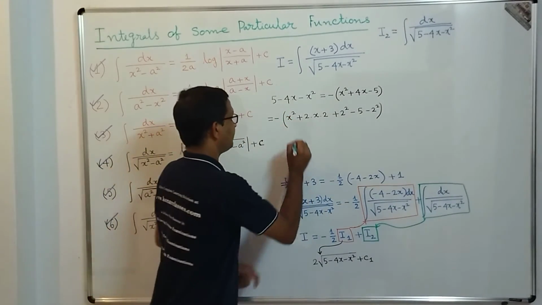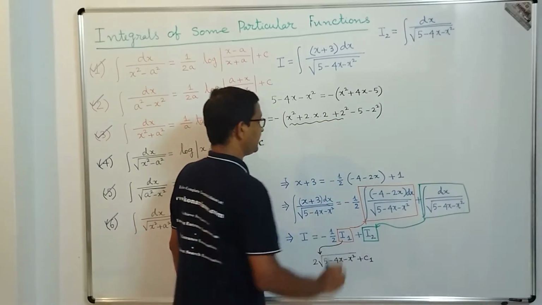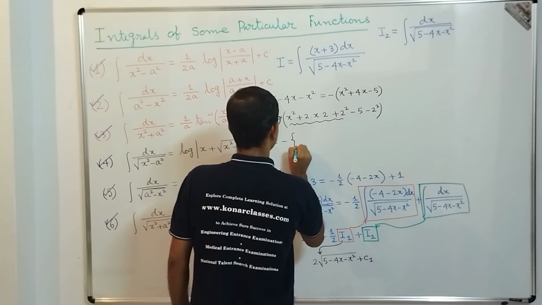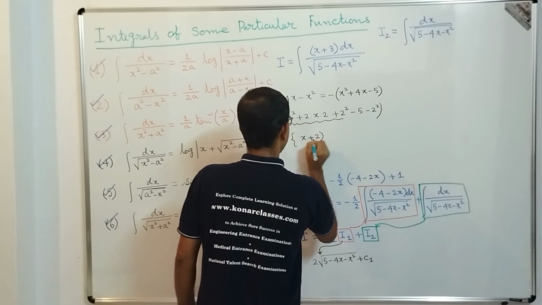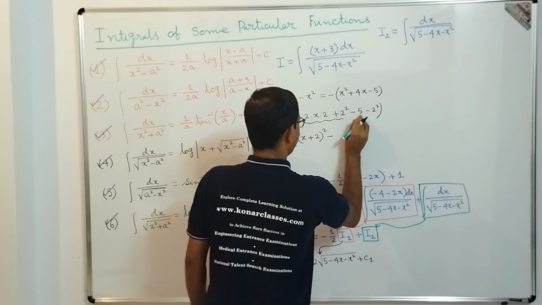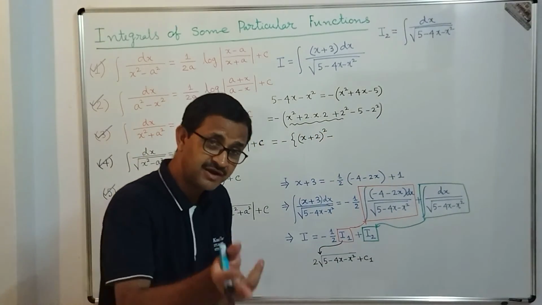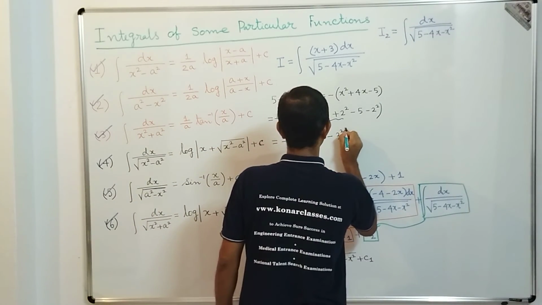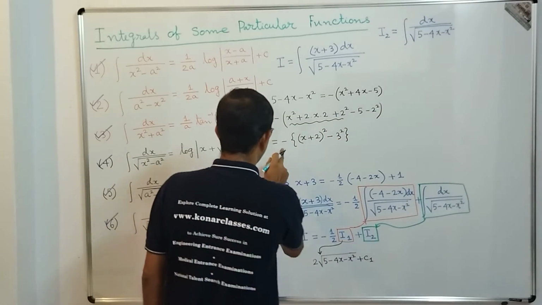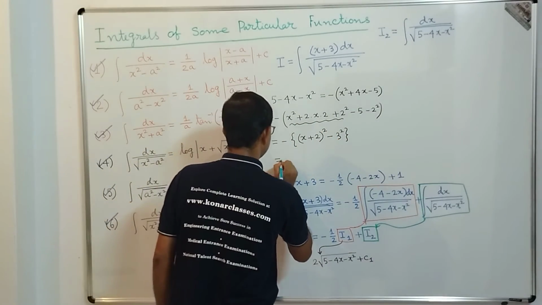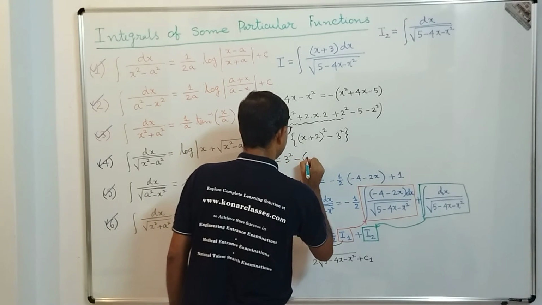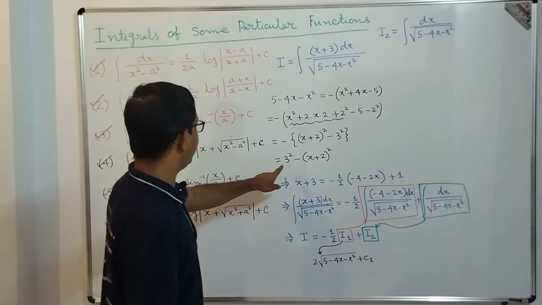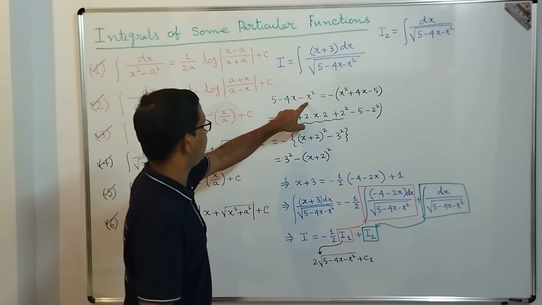As you know already, for the first three terms we can write x plus 2 complete whole square. So what we get, dear students, is x plus 2 complete whole square minus 5 minus 2 square, which is 4, minus 5 minus 4, that means minus 9. So that means minus 3 complete whole square. If we multiply by minus 1, we get 3 square minus x plus 2 complete whole square. So this is the value of 5 minus 4x minus x square.